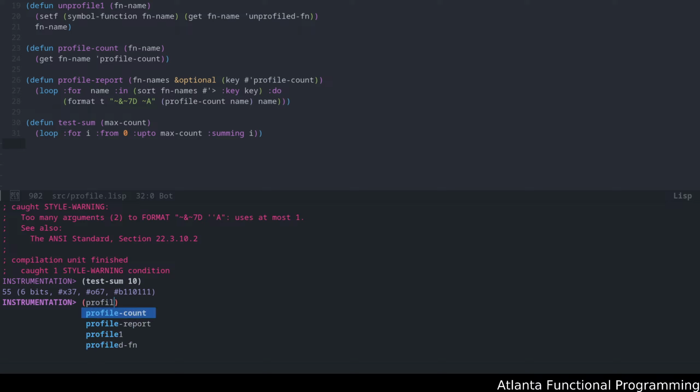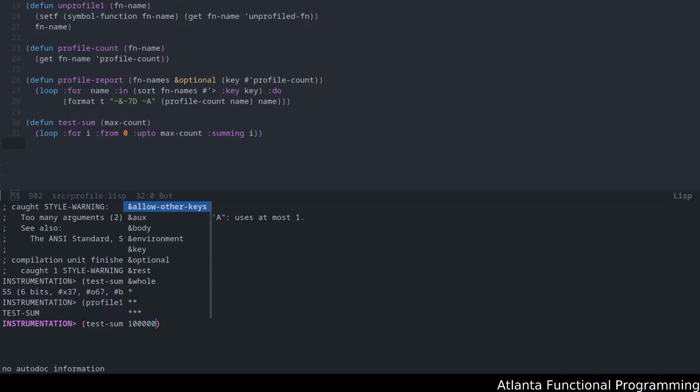So let's go ahead and write profile 1 test sum. Okay, and let's call test sum for 100,000.